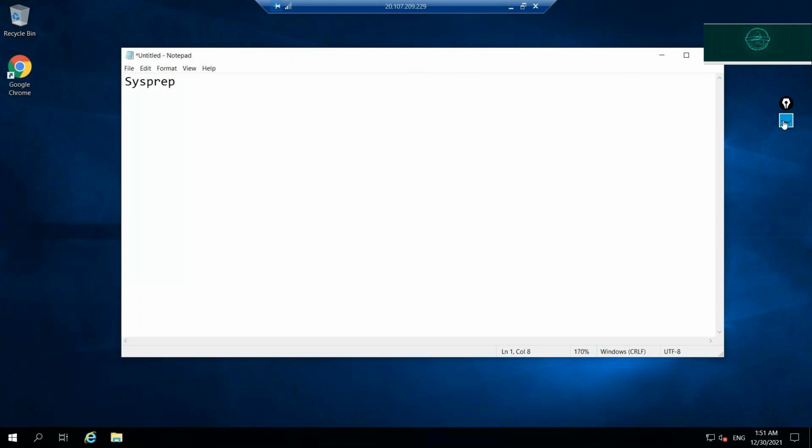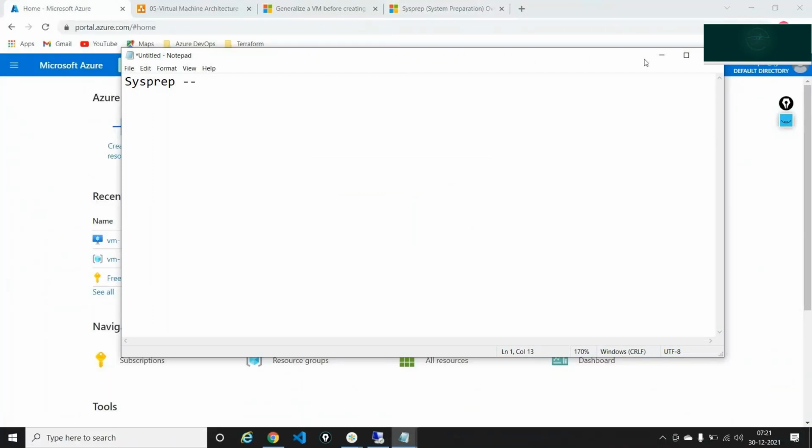So what exactly is sysprep? Before you convert a virtual machine into an image, you need to prepare that virtual machine to be converted. You need to make sure that the virtual machine is actually prepared and that the virtual machine knows what it's doing. So for that, I'll be going into a folder, and the folder name is something